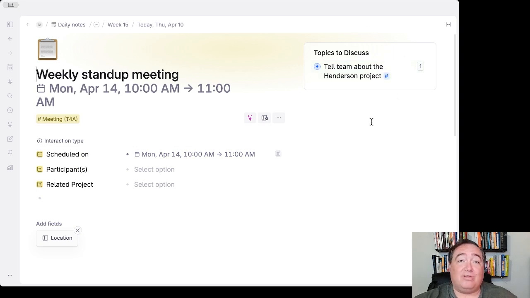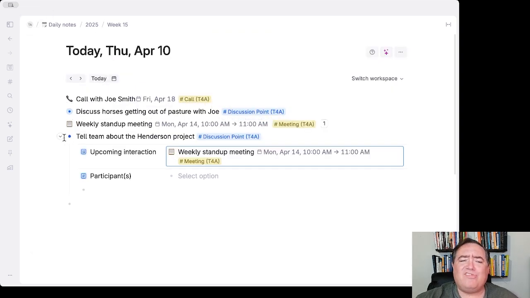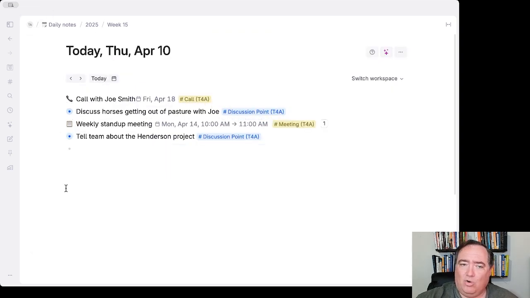And you'll especially note, since I haven't shown you how it's built yet, that the topics to discuss isn't just a random everything that needs to be discussed with anyone. It's only the ones that are associated with that particular meeting or with that particular person that are showing up. So let me show you how that has to be built in order for that to work. Since you are capturing discussion points, you want to have fields inside discussion point, that super tag discussion point, that link you to the things that you are capturing them for. So you saw me do that.